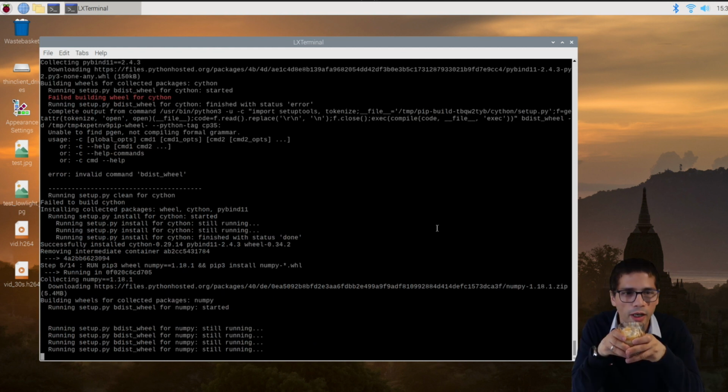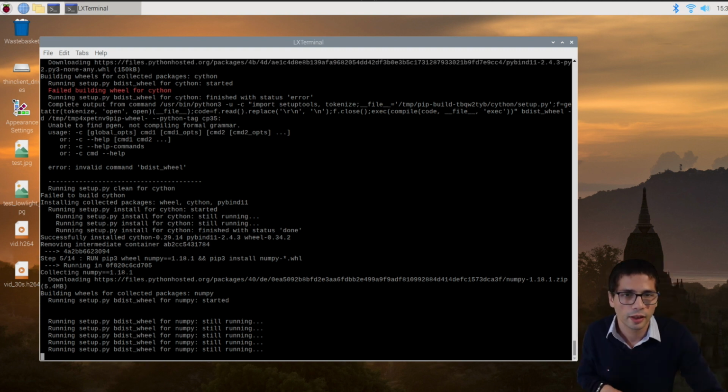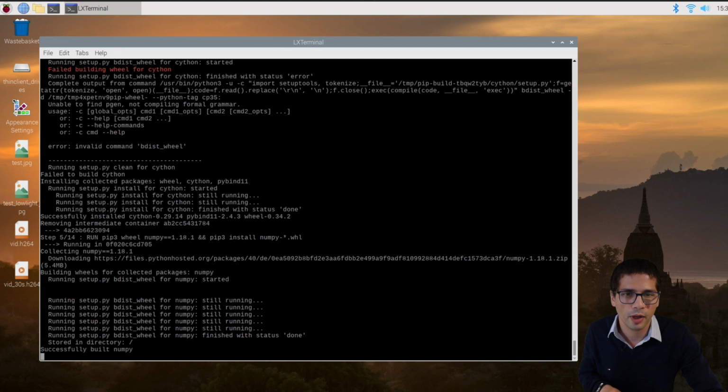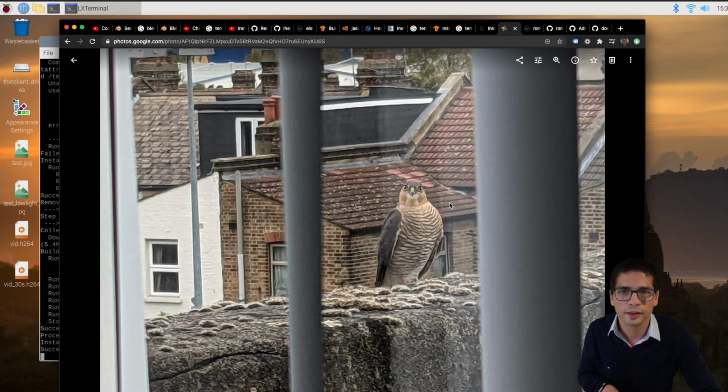So yesterday when I was also doing some programming, I had an eagle show up in my window. It's not really an eagle, it's called a sparrowhawk. If I had my wildlife camera already ready to go, I would be able to take a video clip out of it. I'm going to show you the picture. So I never had that type of bird show up at my window and my roof. So do you see this? This is a sparrowhawk. I live in London.